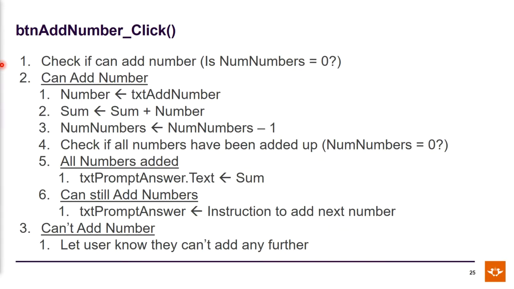Subtract it again, and it becomes 0. All right. Now, you also notice that there's a little 5 here. There's a step 5 there. It's 5.1 and 6.1 there. A bit confusing here. But if all your numbers have been added up, then you want to put the sum in the third text box, because you're done. Once you've added everything up, then you display the sum in the third text box.